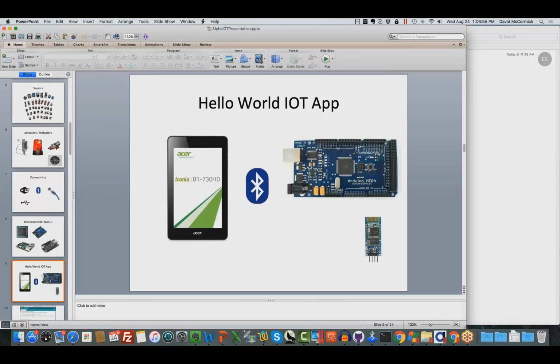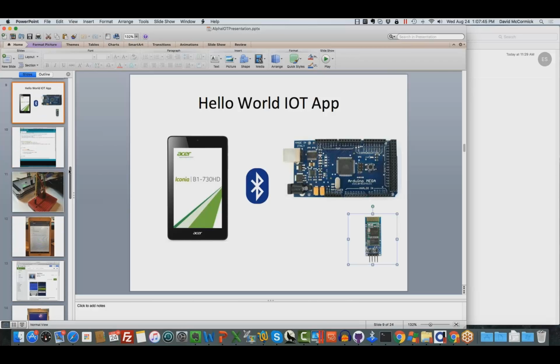So to do that, we used, like I said, in this case, an Acer tablet, used an Arduino board. And because Arduino boards don't actually have the ability to talk by Bluetooth by themselves, we had to choose this little Bluetooth module. Now, the great thing about working with this stuff, if you're new to it, is it's really inexpensive and actually pretty easy to work with. The Arduino board, I think, cost around $14, and this little Bluetooth receiver for the Arduino costs about $6. You can get all this stuff on Amazon, Amazon Prime, have it delivered in 2 days or whatever. It's really pretty amazing for people who've been into this, the revolution that has taken place here.